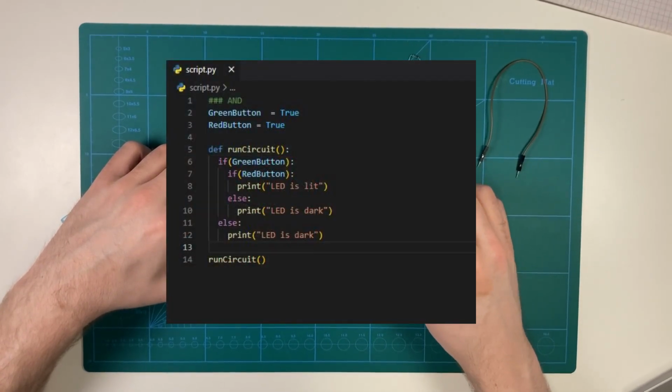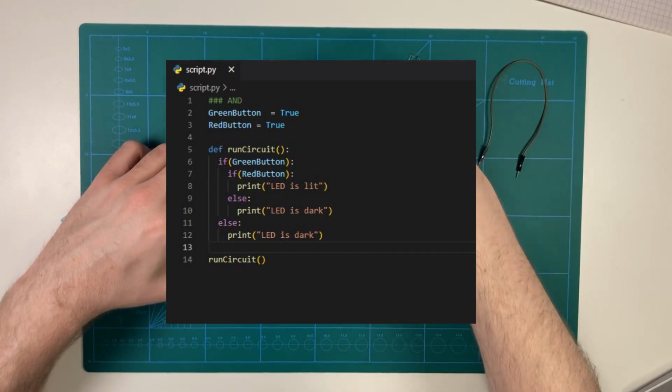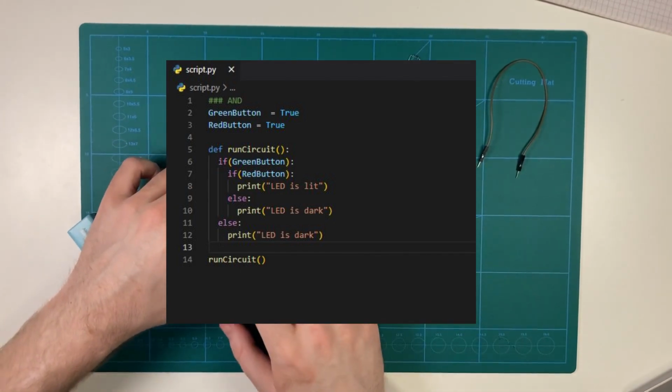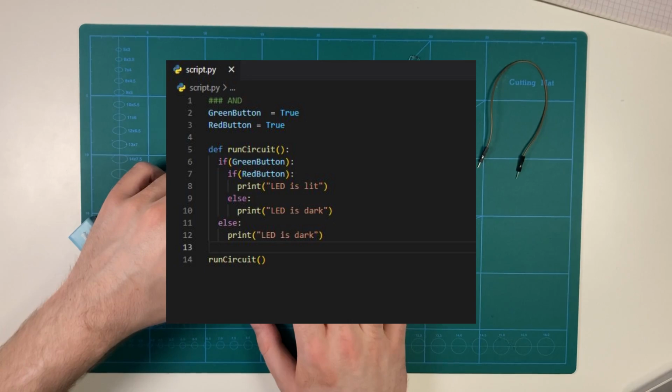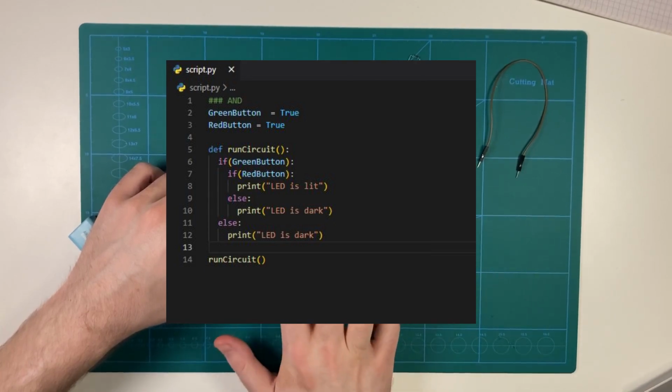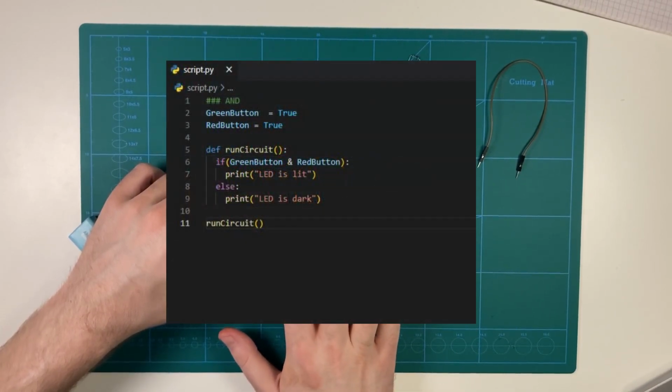In code, this would be like a nested if statement. As you can see, to reach the innermost code, both values must be true. In code, you can of course simplify the whole statement to